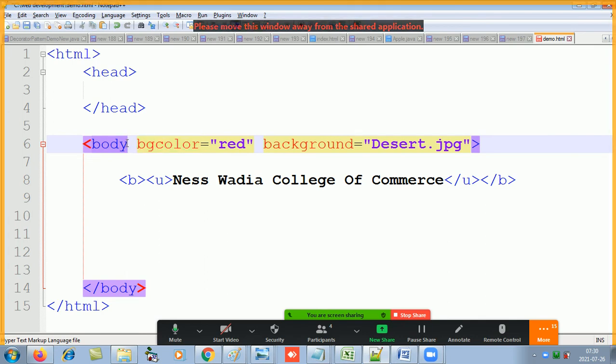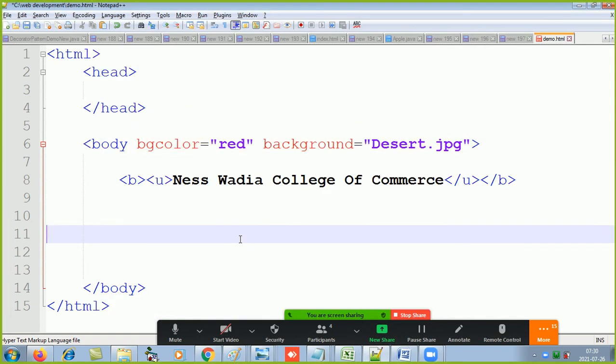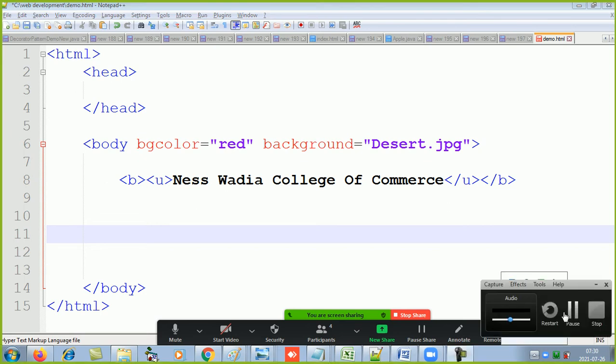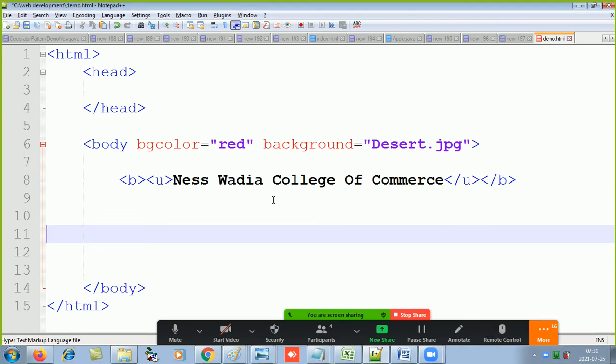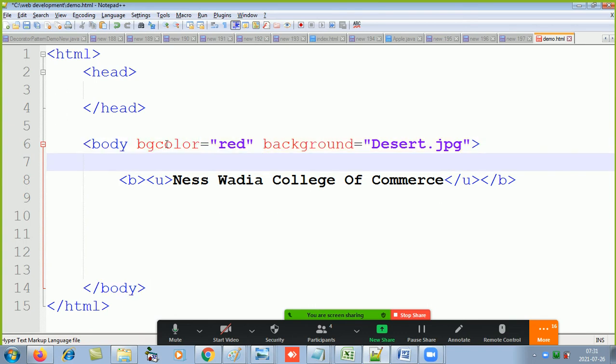How many attributes of the body element do you see on the screen? Yes guys? Yeah, so which two? Background color, BG color and background.